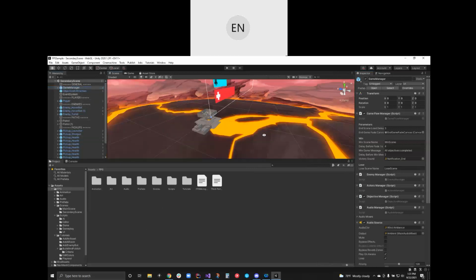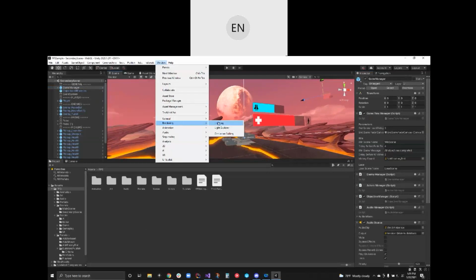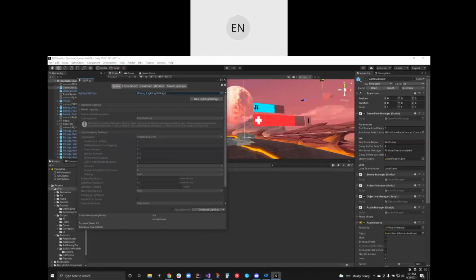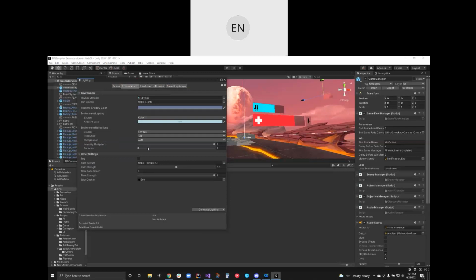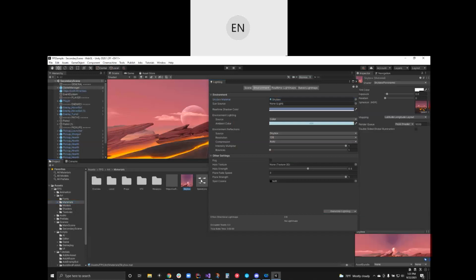The game world. So what is this world around us? So I think that's in the lighting window, environment, skybox. It's in materials. Yeah, okay. So here's the skybox material.